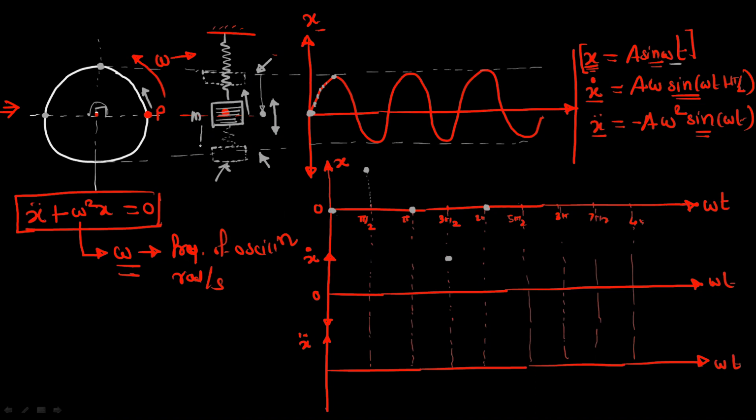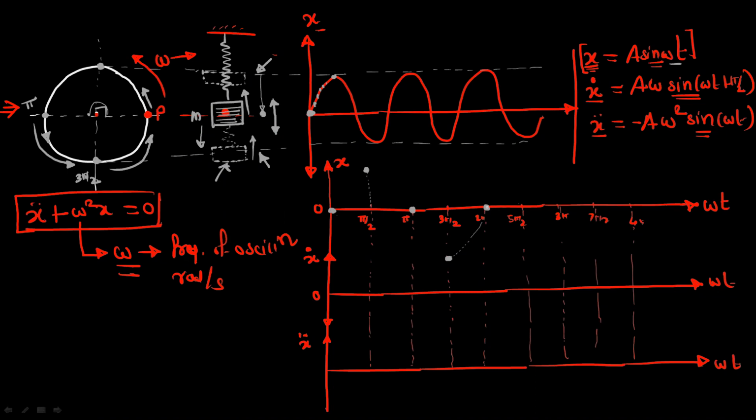It will start the downward motion from pi to 3 pi by 2. So this is the direction for the particle. It is moving in this direction. So this is pi angle, and this is 3 pi by 2. After 3 pi by 2, this point P will start the upward motion up to the equilibrium point. That means the mass will start the upward motion again, and it will come to the equilibrium point at 2 pi. That is one complete revolution or one oscillation.